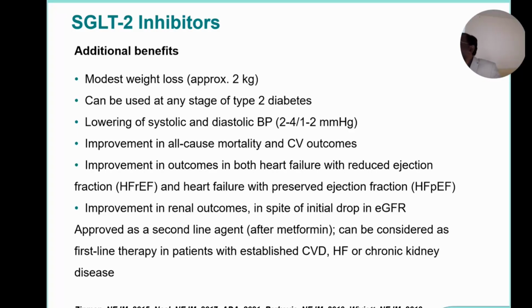See the heart failure. I told you, drug of choice in heart failure. 4 ways of treating heart failure, 4 pillars. And heart failure is of 4 types: HFrEF, HFpEF, mid-range, and improving HFrEF. What is HFrEF? Heart failure with reduced ejection fraction. EF will be less than 40. What is HFpEF? Preserved ejection fraction, when EF is more than 50. What is mid-range? EF is between 40 and 50. What is improving HFrEF? Earlier the EF is 30, and after initiation of your therapy,